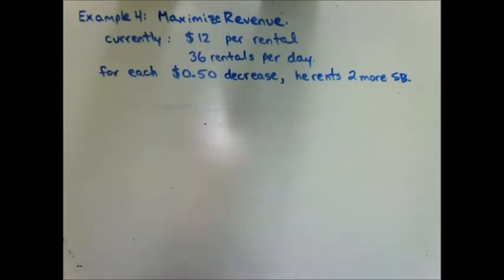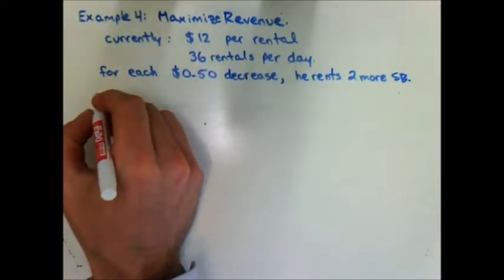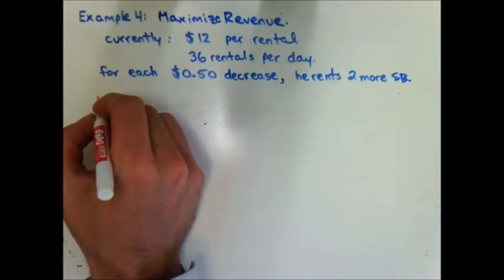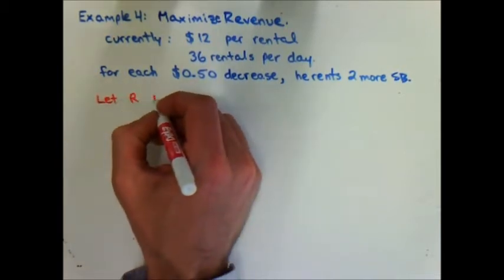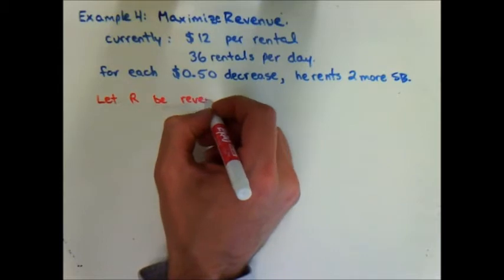So this is a word problem like we had back in Unit 3, I believe, or 4, where we are given some information. We're given 2 factors. So we are going to represent this in factored form. Then in order to get our vertex, we need to go from factored form to standard form, which you know how to do, and then into vertex form. So we are going to start our problem. First step first, let's introduce some variables. Let R be revenue,